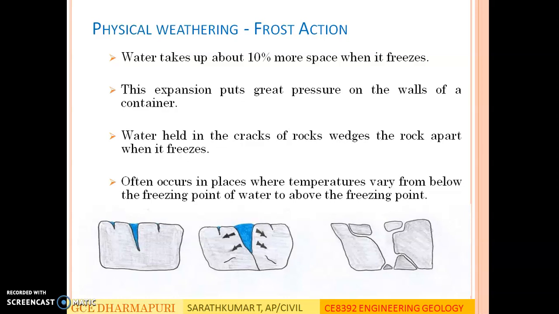Normally there are holes in the rocks, and when rainwater or some other water enters through the holes, and the temperature goes below the freezing point, the water becomes ice. When the water becomes ice, its volume increases, but the pores in the rock cannot accommodate that volume. So the ice creates a wedge in the rock, and consequently it breaks the rock. So this is frost action.